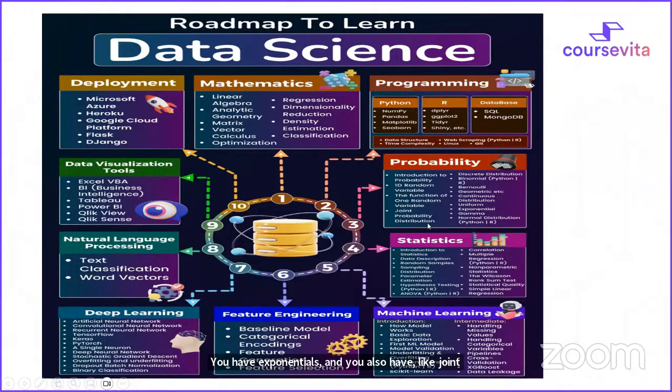You need to understand how the data is distributed. If you understand that, only then can you say what the spread of the data is, like what the mean, median, and mode are.